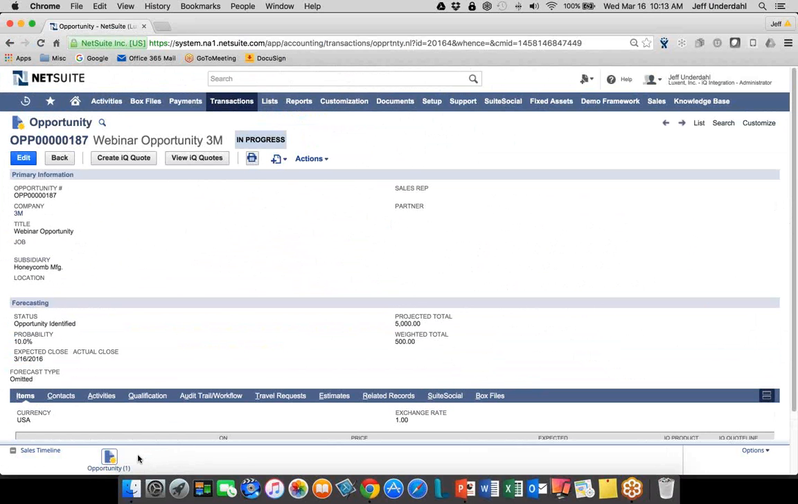There are no estimates. There are no sales orders. I'm going to walk you through the process. You can literally see it happen right in front of your eyes. So one of the first things you'll do here is you'll create an opportunity, or you'll create an IQ quote